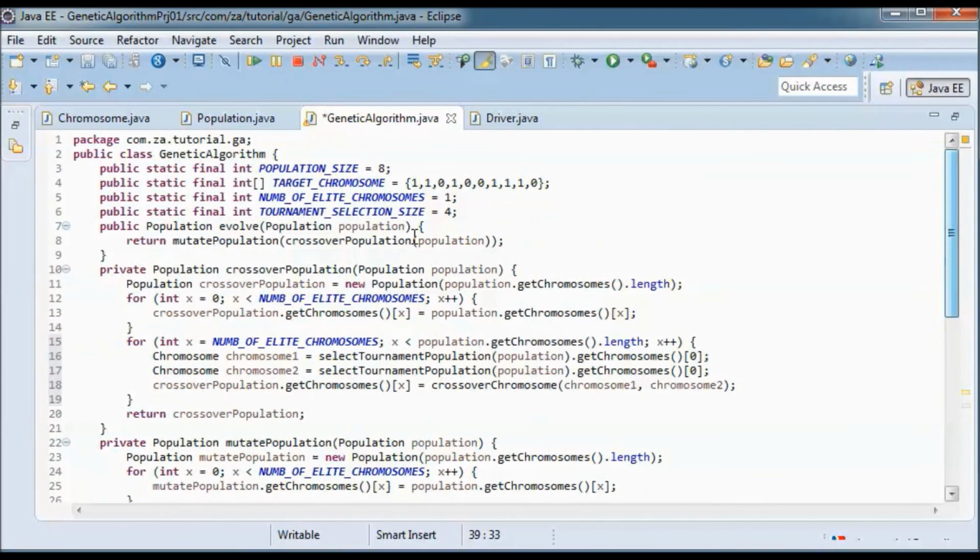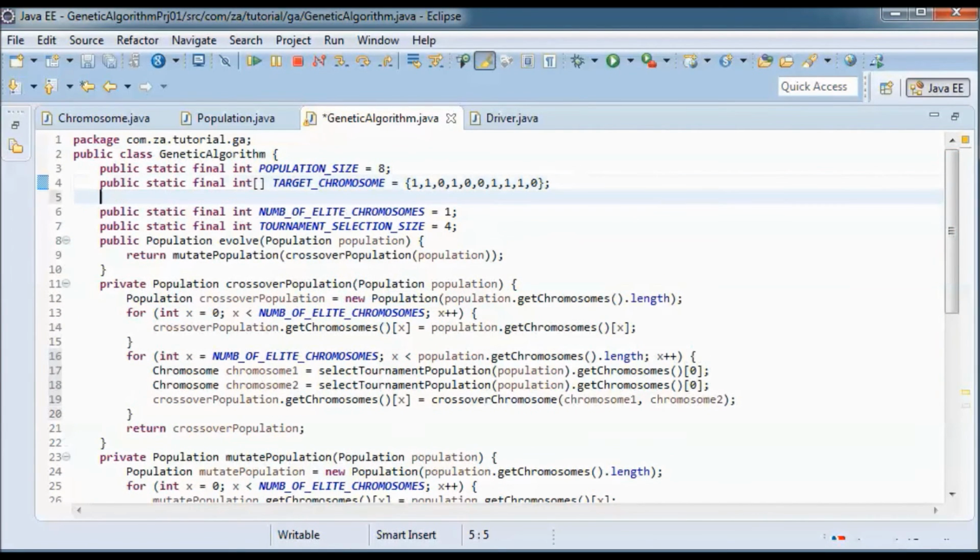So let's go up here and define this mutation rate, and this is the probability that a chromosome gene will do random mutation, and the range is between 0 and 1 and is usually small. It is actually usually smaller than this, but for the purpose of this tutorial I used this number.